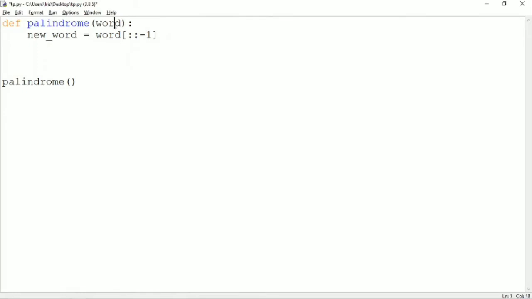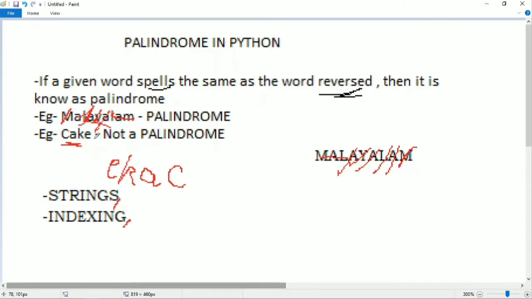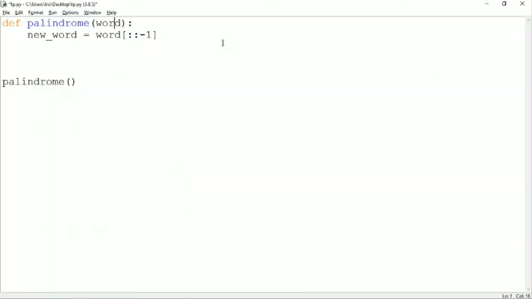So -1 will be E. So let's say if our input is, for example, cake, right? So the indexing will start from E and it will continue the other way around. So it would go as E, K, A, and then C. So it's as simple as that. We do not provide the first argument, we leave it blank. The second argument we leave it blank, and the third argument we give it a -1, so that the computer understands it should start its indexing the other way around and end it at the first character of the word. Okay, so that explains why we did this index method.